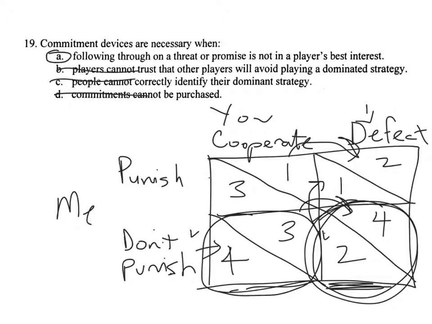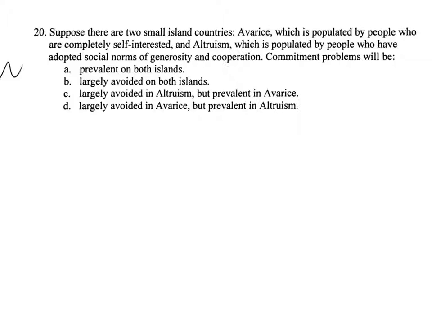Last one in this group. I sort of answered this already. Altruism and avarice. Avarice means greed. Altruism is caring about other people's well-being, so it's in your utility function, basically. Of course, most of us are like that. All of us are like that except for sociopaths, apparently 3% of the population, according to evolutionary psychologists I heard talk a few years back. Anyway, commitment problems will be prevalent on both islands,